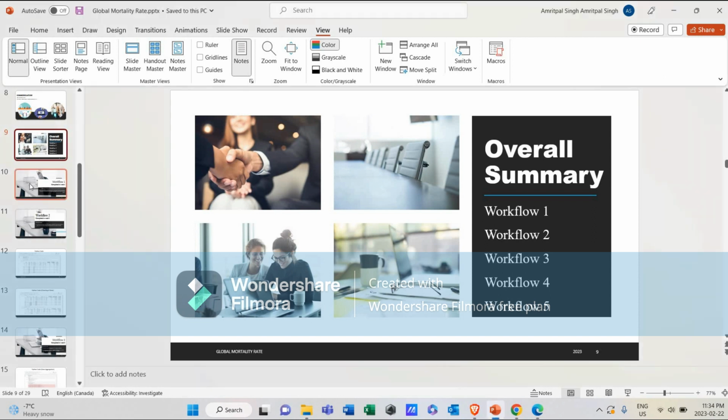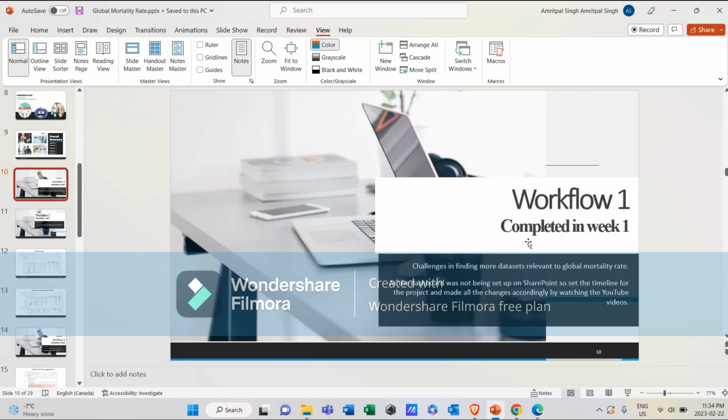In week one, we completed the tasks. The challenge was finding more datasets relevant to global mortality rate. As the dashboard was not set up on the shipment, we set the timeline for the project and made all the changes accordingly by watching YouTube videos. And in the next week,